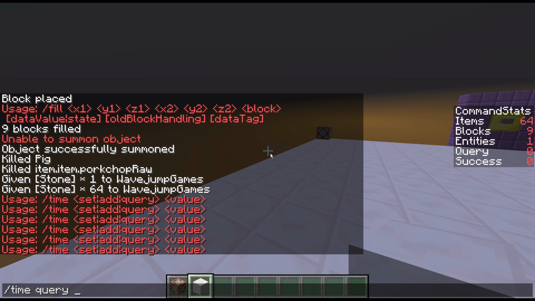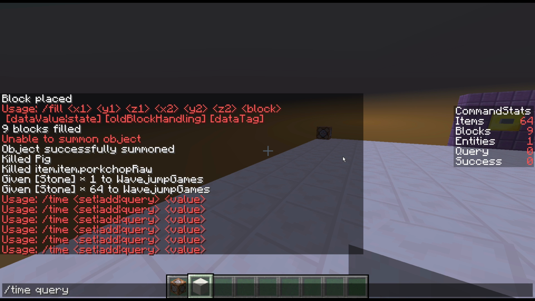Let me check really quick here. As far as I know, query is a fairly recent addition to time, but it might not be. Okay, so according to my Googling, it is meant to work with stats, but let's see. Oh, I see. So when you run it, it'll set the player's score equal to, or basically you could set a value. So for example, if I do time query,